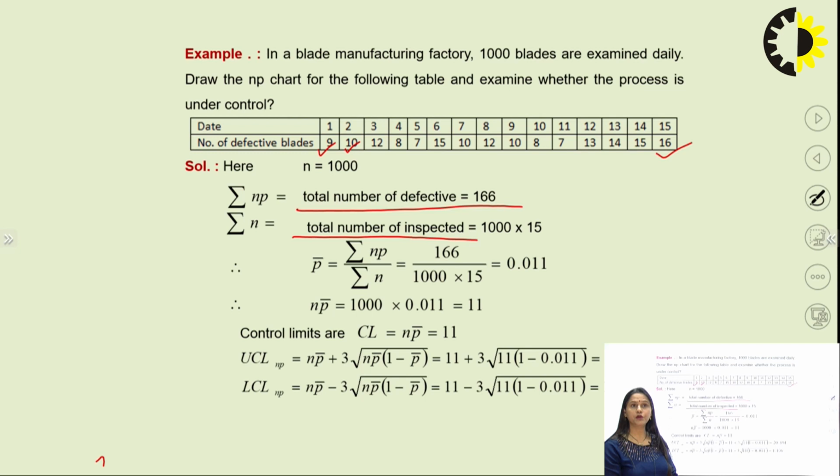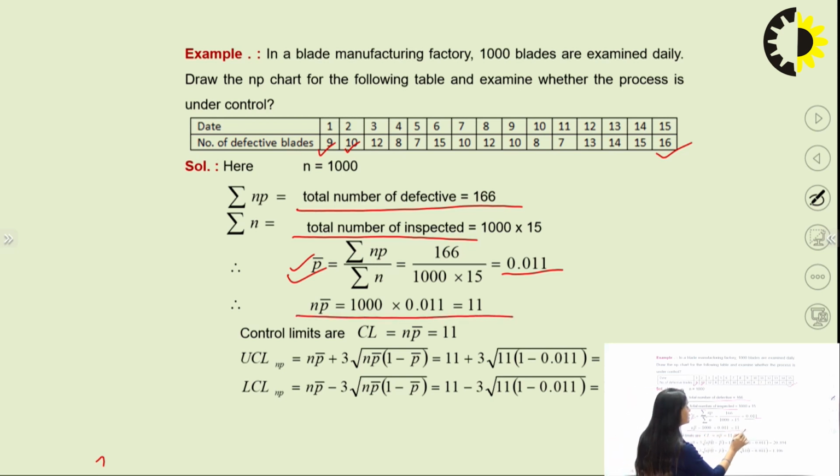So what will be P bar? As we know, P bar is summation NP bar upon summation N. So that will be 166 upon 1000 into 15, and that will give us the value 0.011. Now this is P bar only. What do we want? We want NP bar. So NP bar will become 1000 into 0.011, which is equal to